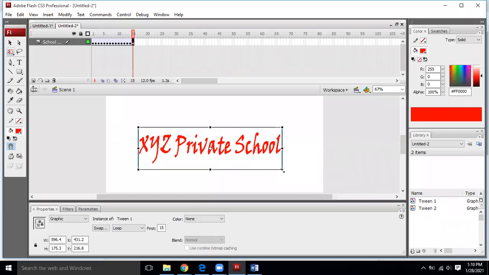Each time you will press F6 and each time you will apply the resize on it.